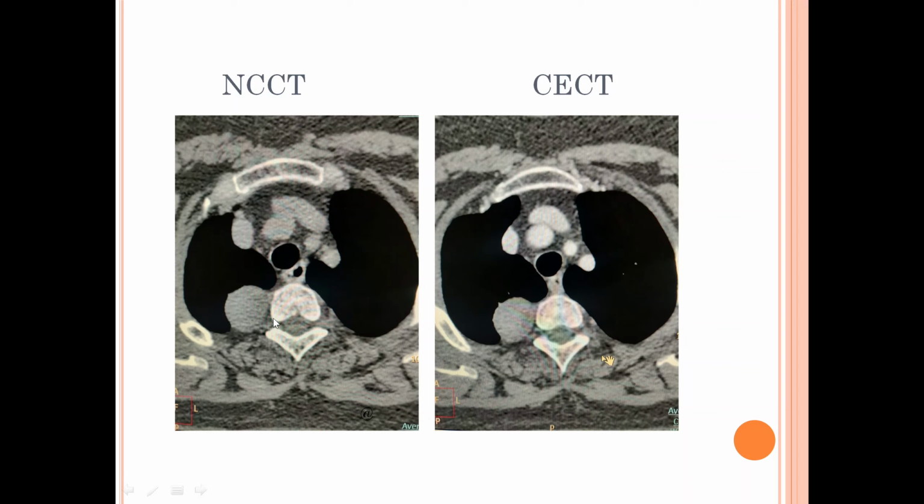So what we see here, there is a well-defined soft tissue density mass lesion in the right paravertebral location at D3, D4 level. And this mass is very well defined. There is no calcification, no fat density area within. On contrast enhanced images, there is mild enhancement of the mass, and this is at the level of superior mediastinum, and again it is seen in the right paramediastinal location, and it has very well defined margins, so it is within the posterior mediastinum.